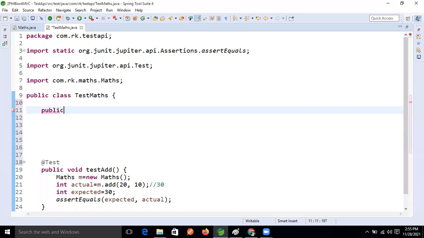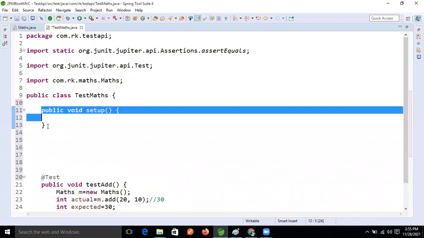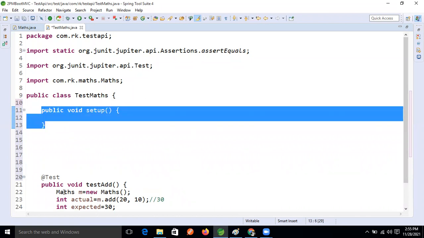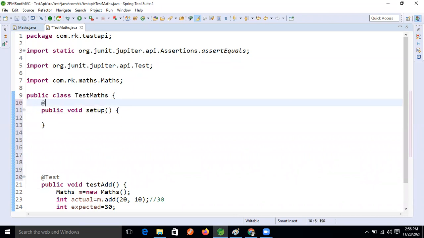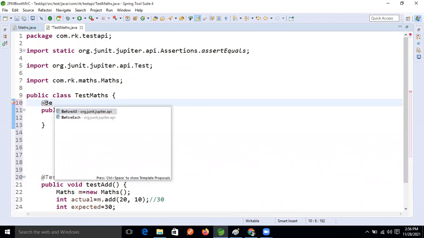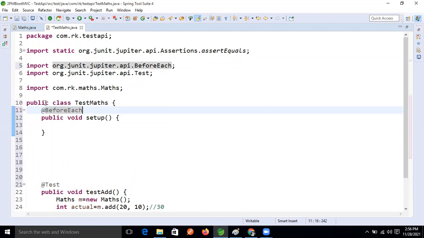So public void setup. Just write setup, guys. If we want to execute this method before each test case, what annotation will we use now? At the rate Before, fine, BeforeEach.